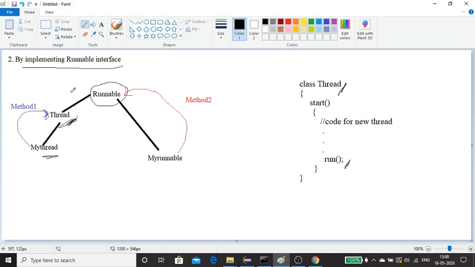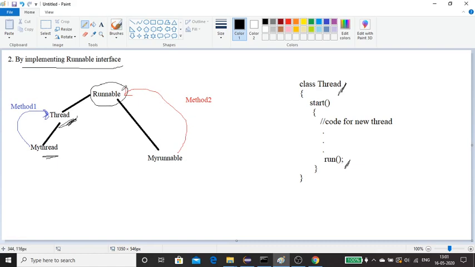Now in this video, we'll see method two, that is by implementing the Runnable interface. We can create threads directly by taking the help of the Runnable interface. Actually, the interface Runnable is implemented by one built-in class with the name Thread. Just by taking the help of the Runnable interface, we can create our own threads. This is method two. If you take the help from class Thread, that is method one. Here it is the class, here it is the interface.